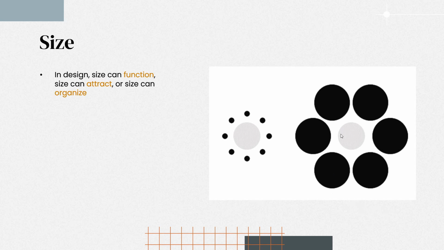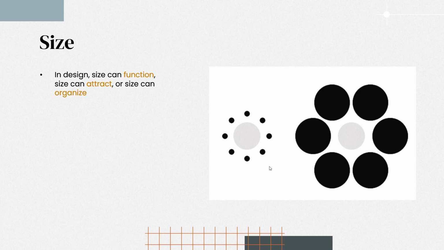So because the first gray circle is surrounded by very big circles, we will perceive it as smaller in size. It can appear smaller compared to the next one. This is another gray circle which is surrounded by small black circles. Compared with this circle, we can understand it is big. Here we will understand that this is small, and here we can understand that it's big because of the surrounding